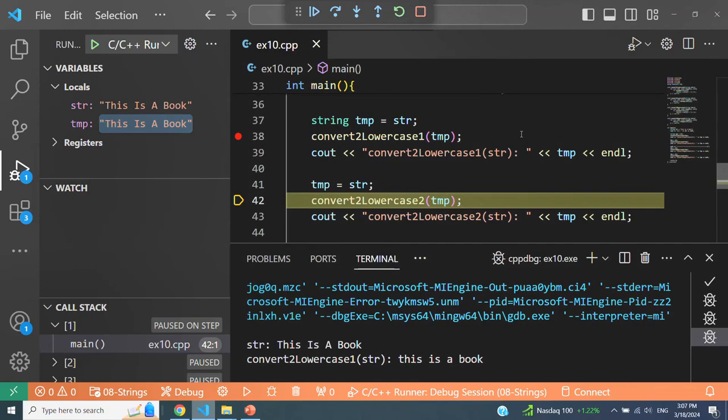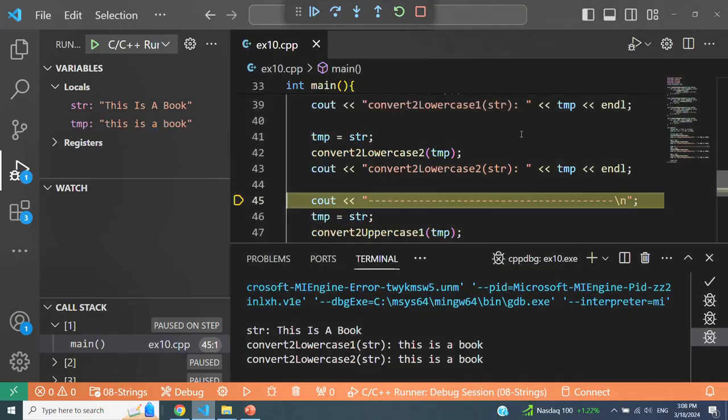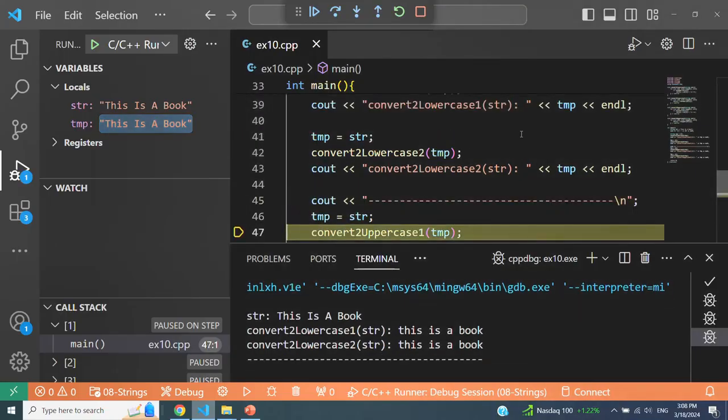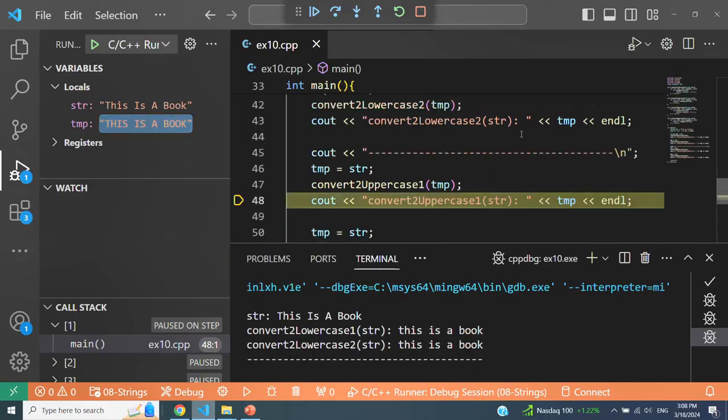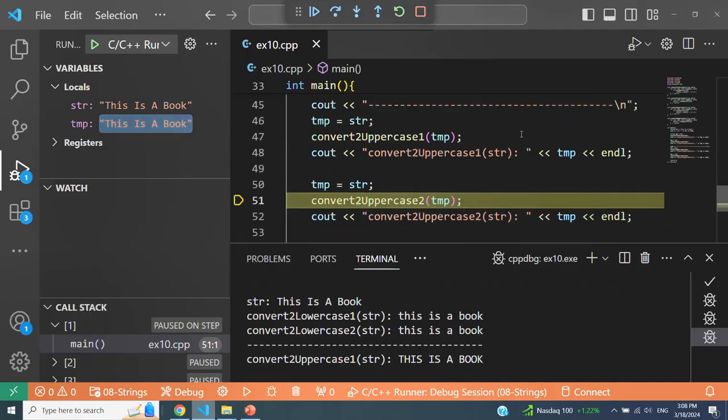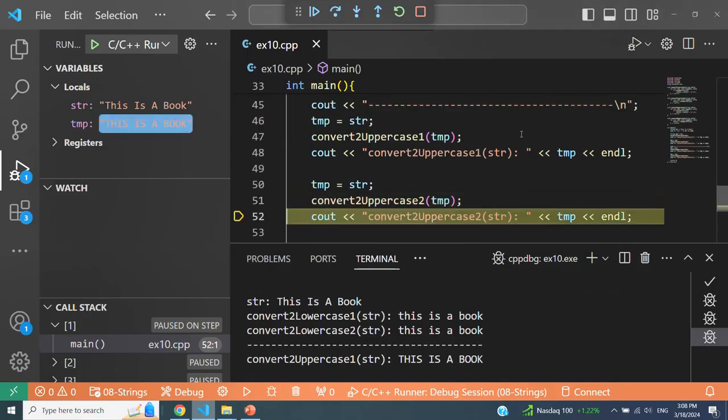Again, make a copy of the original string, call the second implementation of toLower to convert all the characters to lowercase, and it's gonna do that. And now call convert to uppercase 1 to convert all the characters to uppercase and print them. And now call the second version of convert to uppercase, and that's gonna do the same thing.